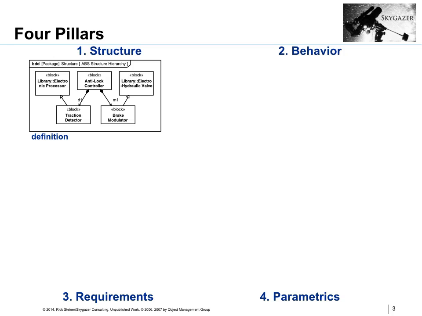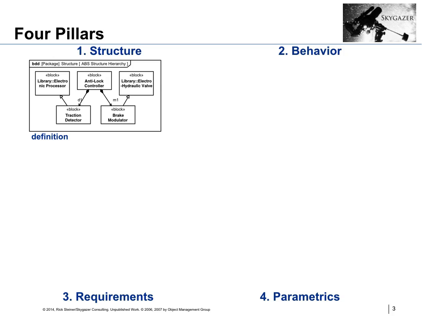Likewise, there may be some generic characteristics of electrohydraulic valves. And by saying that, through this relationship, a traction detector is a kind of electronic processor, it will automatically inherit those basic characteristics, or the placeholders for those basic characteristics, so that I can then tailor that to my specific need here. And in doing that, I don't forget something. And it also lets me have a library, maybe many electronic processors, and maybe pick one that will fit in this